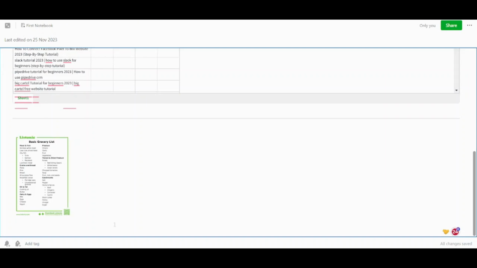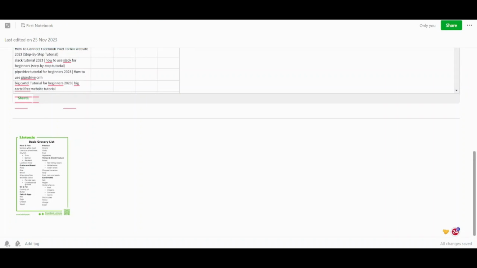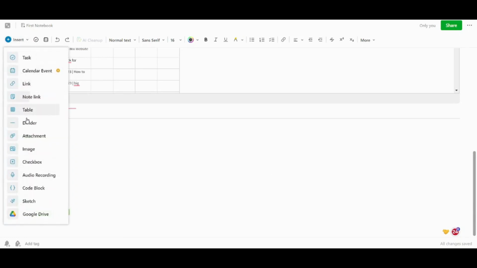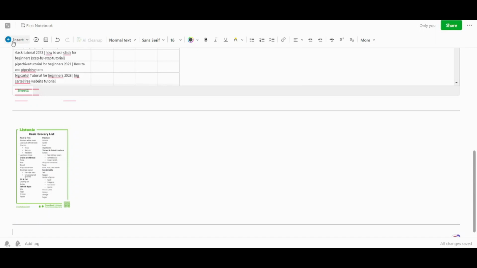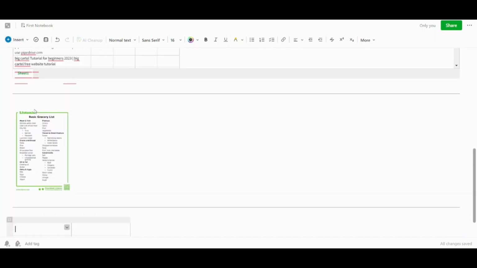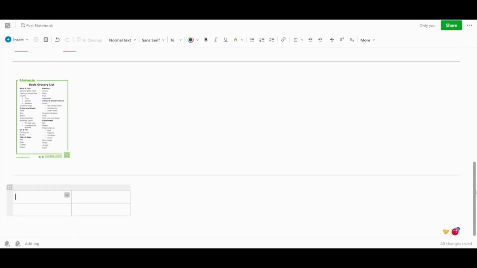Now I will add a divider here. Then I will insert a table. The default table is only 2 by 2, so you can add columns from here, or you can add rows from here. So I will add another 5 rows,